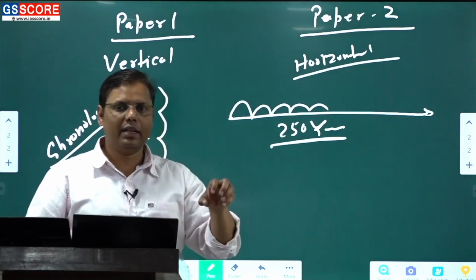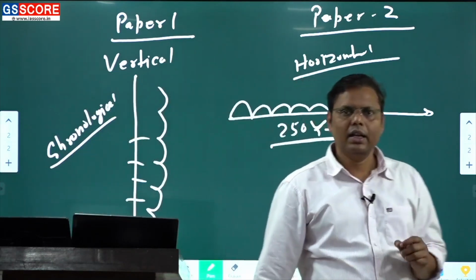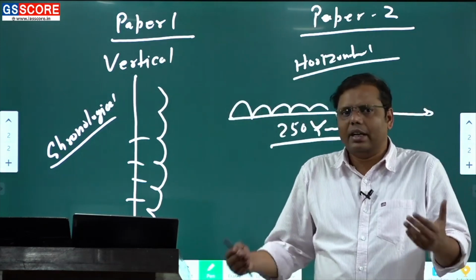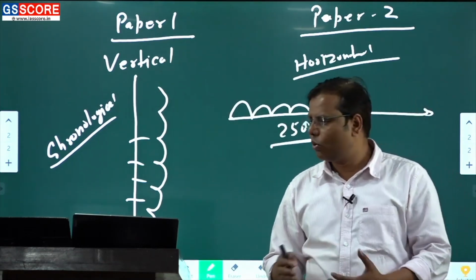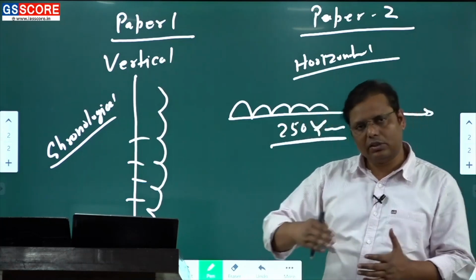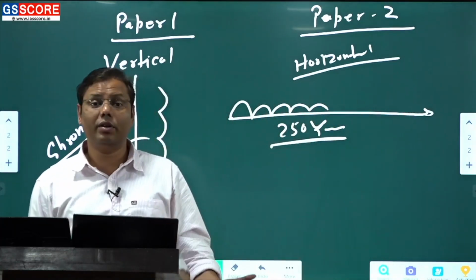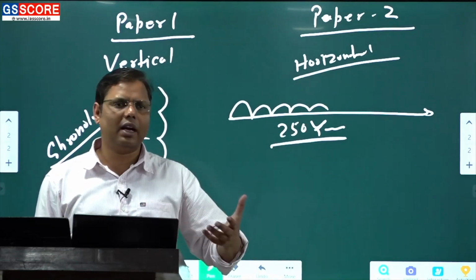Those 250 years, let's say if you believe that modernity started somewhere from the 1750s, that is the period which is considered to be the period of transition. That cannot be said to have happened only during the 1750s. We can say more or less that in the 18th century this transition was happening. So since then to the 20th century, or let's say the 21st century also, or let's say 2000, right? This is the period that you need to cover. That roughly is